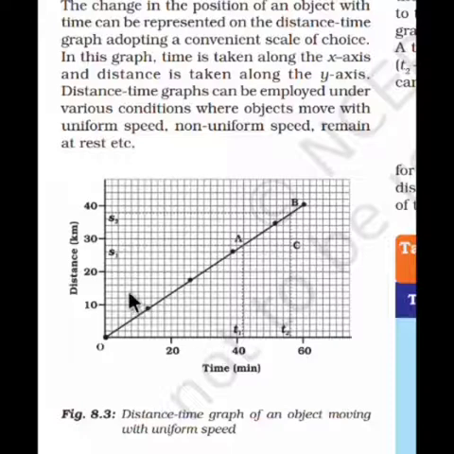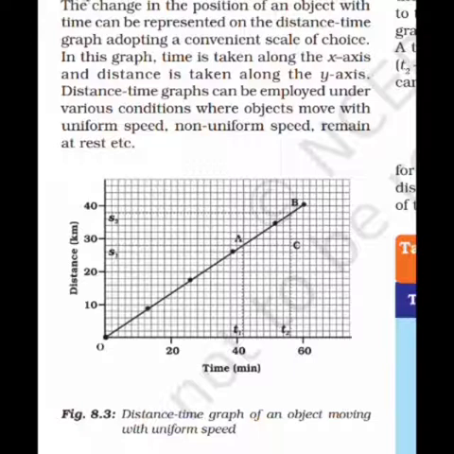Suppose we are marking this point. Okay, this is the point on our graph which we want to observe. Then at this point, what is the speed of the object? How can we find it? From this point, it meets here on the x-axis, and it meets here on the y-axis. It means we can say that at this point of the journey, the object will have a speed of less than 10 km per hour, and the time consumed by the object at this point will be less than 20 minutes. Okay, now let's start.